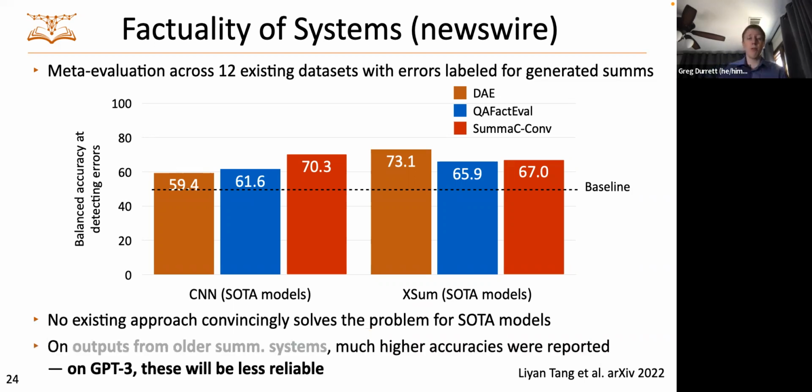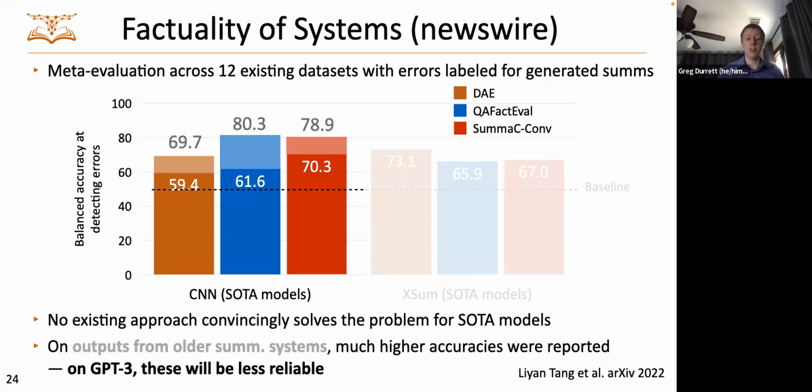And moreover, if we look at the results in the literature, which were often on models from older summarization systems, we had much higher accuracy. This is just a picture of what the results look like on CNN if we restrict ourselves to these older models, and we can see that the results look a lot better. So a lot of the strong results in the literature here don't really hold up when we're looking at state-of-the-art